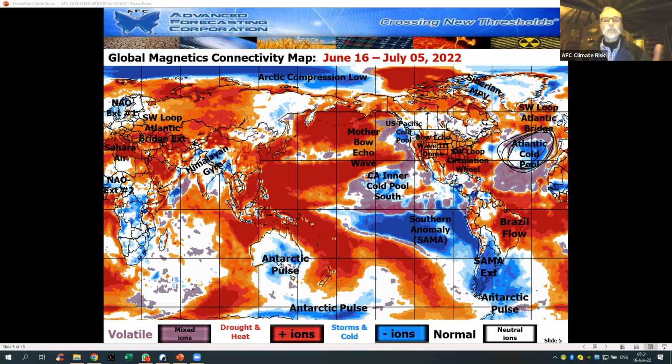We put names on this that are kind of more easy to remember, all right, rather than having all of these acronyms and you can't remember which one's which, kind of like the ABC agencies, right? The Southwest Loop Atlantic Bridge is being dislodged further, and it can't go into Greenland. It's probably going to get pulled back into North America, and it will supply extra heat in Canada midsummer.